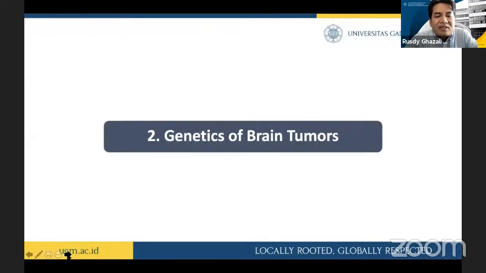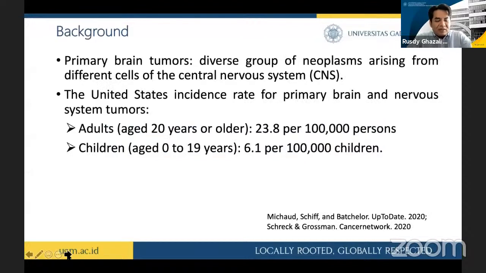So let's speak a little bit about the genetics of brain tumors. Primary brain tumors are a diverse group of neoplasms arising from different cells of the central nervous system. They are actually quite rare, but the mortality is very high, so there is a disproportion between the case number and the amount of death contributing to the total death caused by cancer. In adults in the United States, there are around 23.8 cases per 100,000 persons, while in children it is